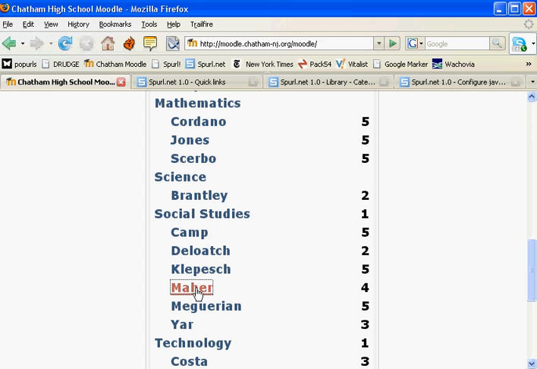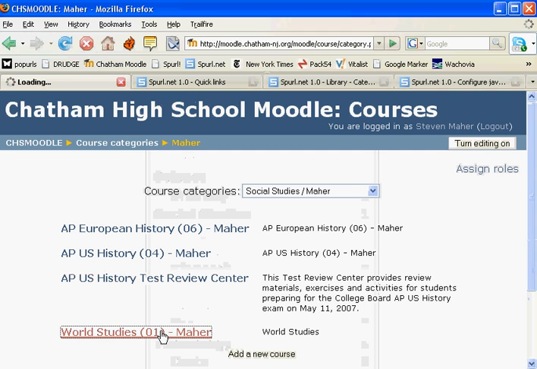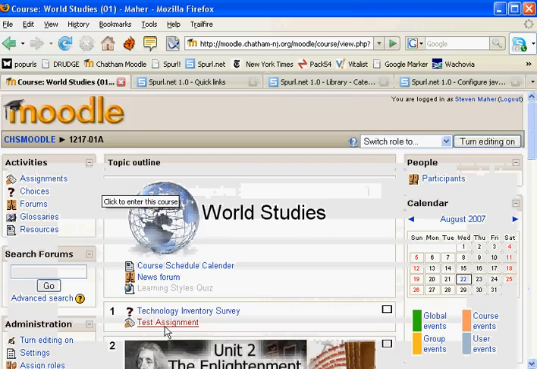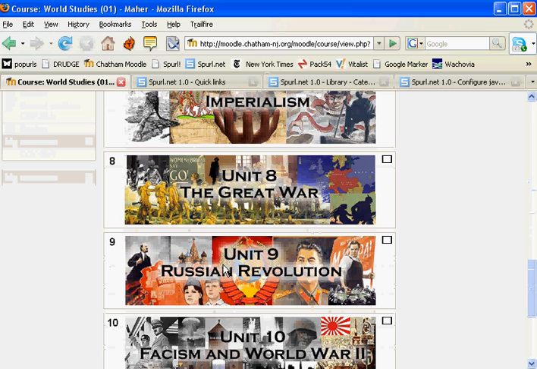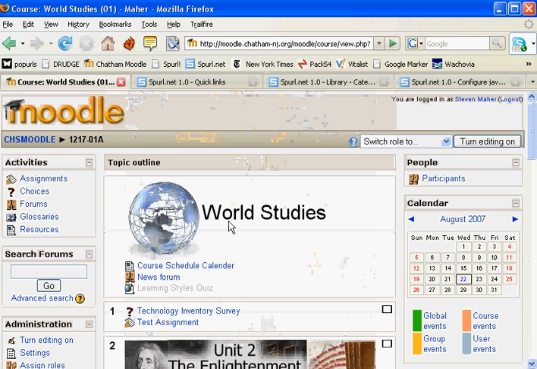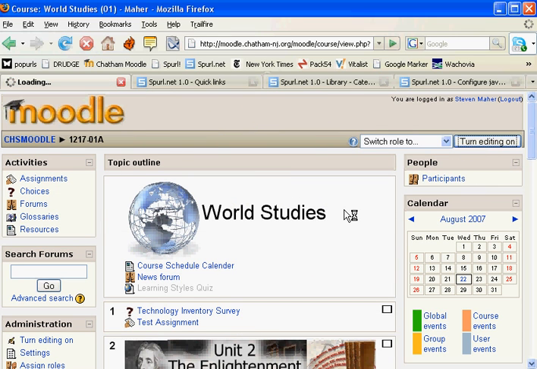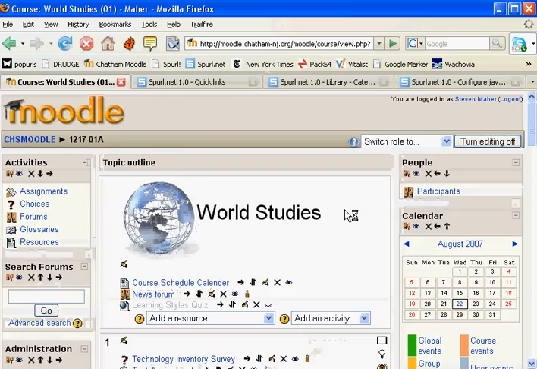And when I get to the World Studies course, I'm going to add a page under the unit for World War II and add that page in. That text is going to be added in. So here, well, first thing I have to do is go to the top here and turn editing on, because that will allow me to edit into Moodle. Go down to World War II